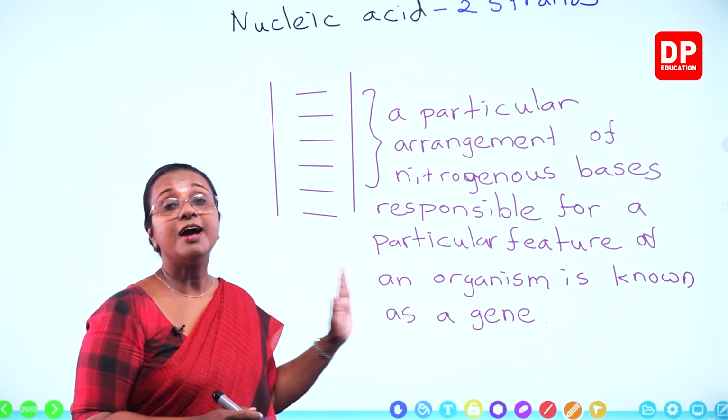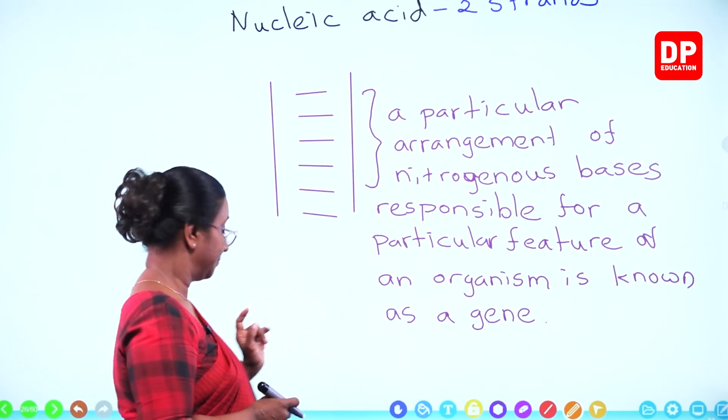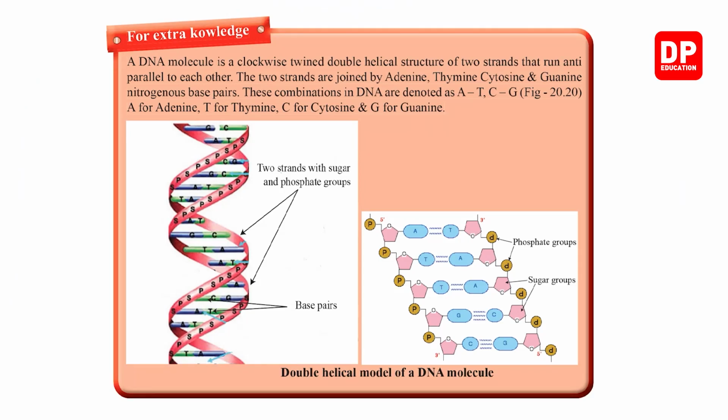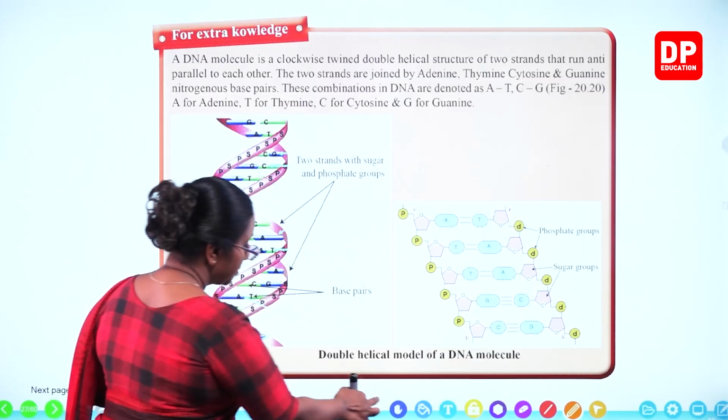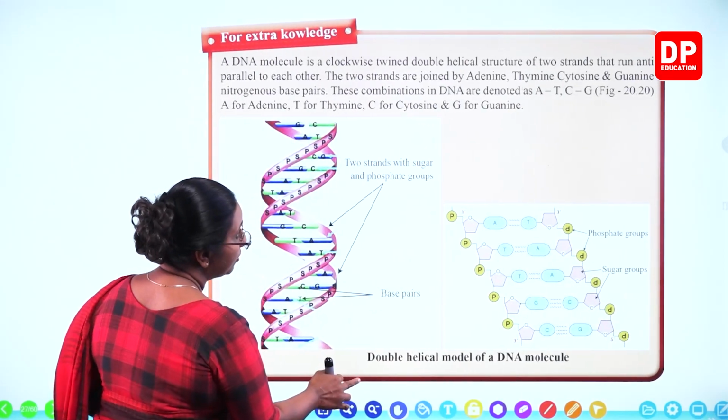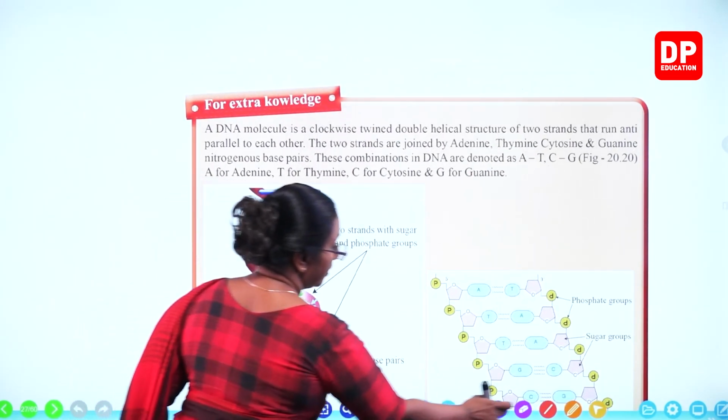So, with that, I will move on to the next slide. Here, students, this is for extra knowledge, but if you can understand this, you will get a better idea about what genes are. This is something that I have already explained also. Here you can see